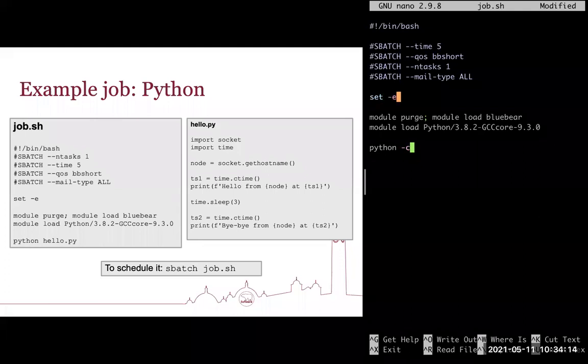Set -e is a very useful thing to include in all your scripts. If ever you write any kind of shell script, use set -e. What set -e does is it ensures that if any of the commands within your script fail, the entire script